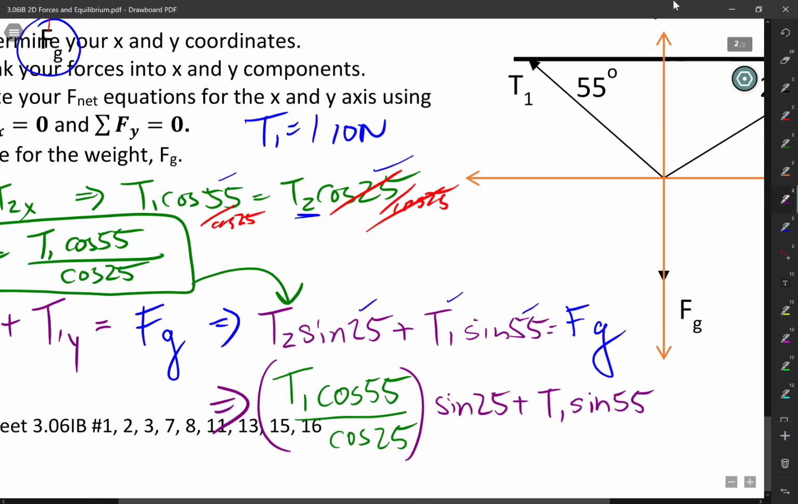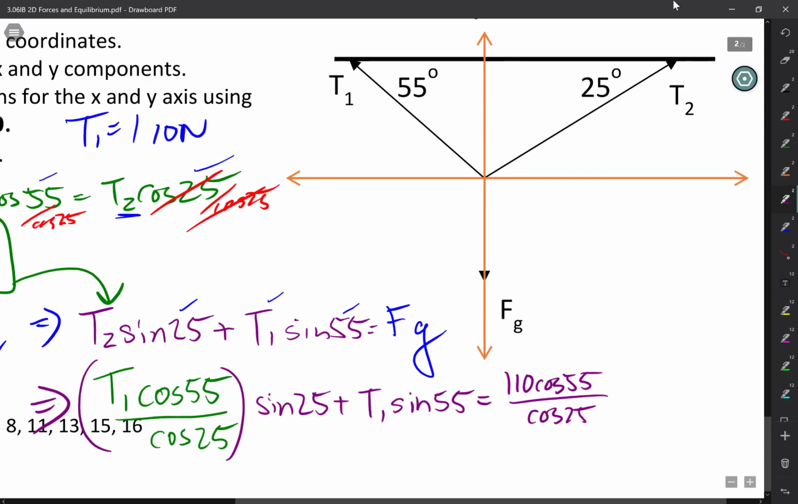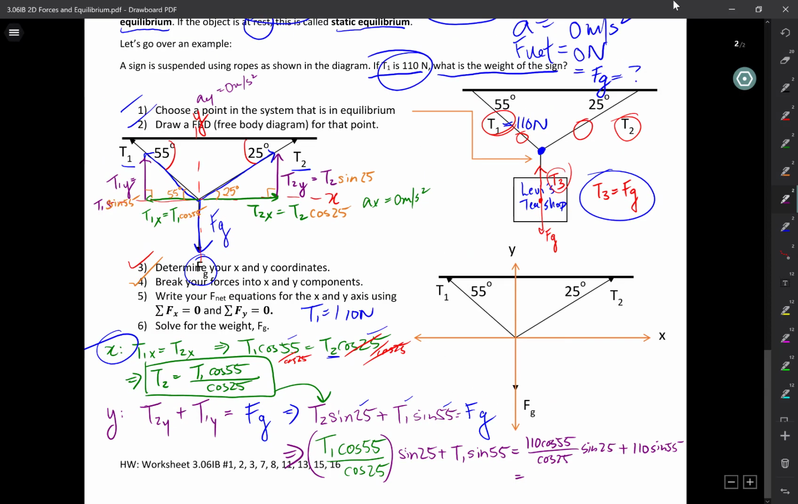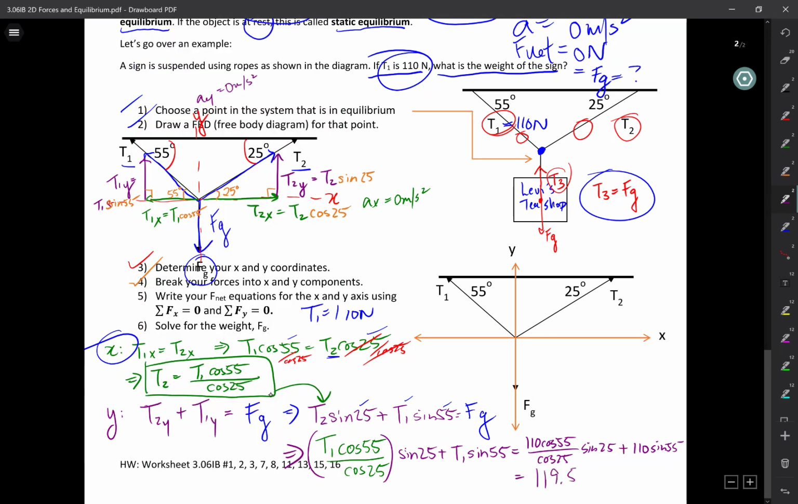Okay? So let's put in all our values. T1 was 110. This is cosine of 55 over cosine of 25 times sine of 25, I'm running out of space, plus 110 times sine of 55. If you've done all of these calculations correctly, I get 119.5, which rounds up to 120 newtons, being the weight of Levi's